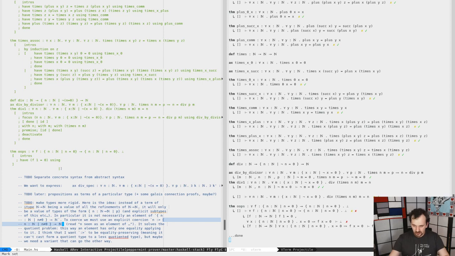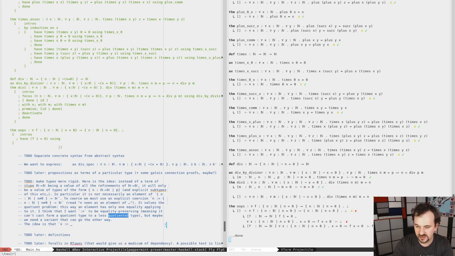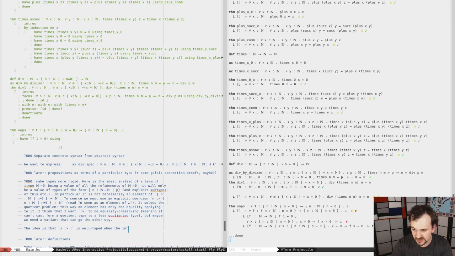Yeah, same. When you coerce, apart from the equality preserving thing, let's ignore that for a second, you just say, okay, if I coerce, the idea is that x coerced to t, I called them toe, so let's write it toe, is well typed when the intrinsic type